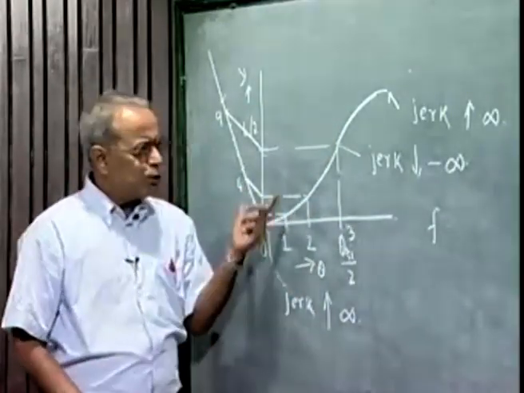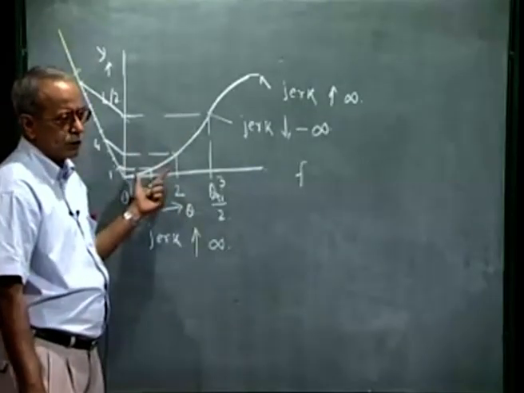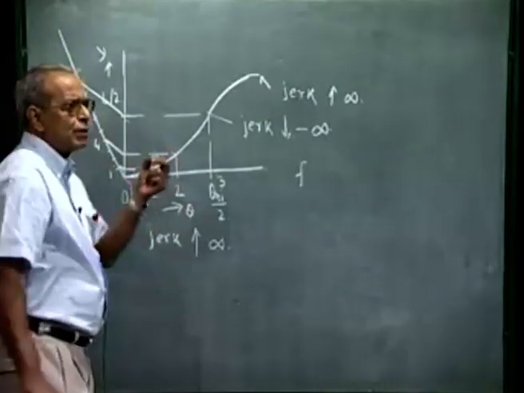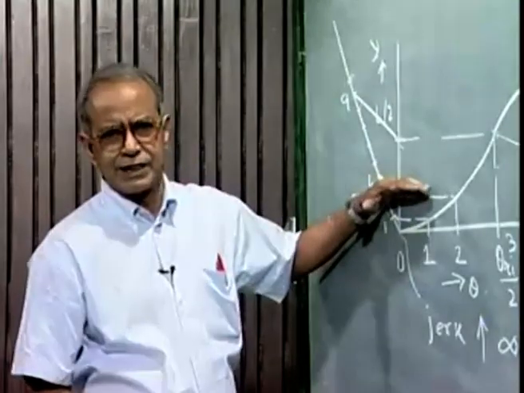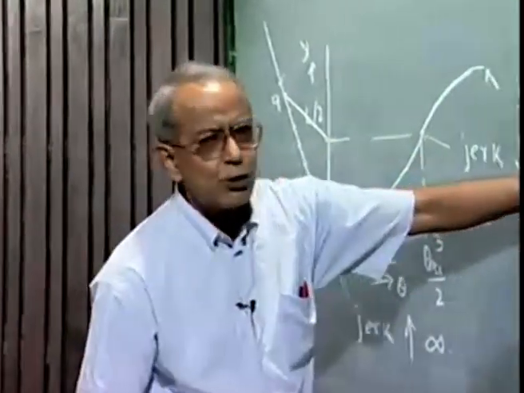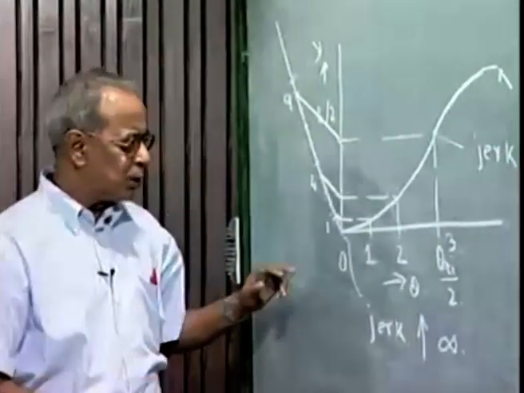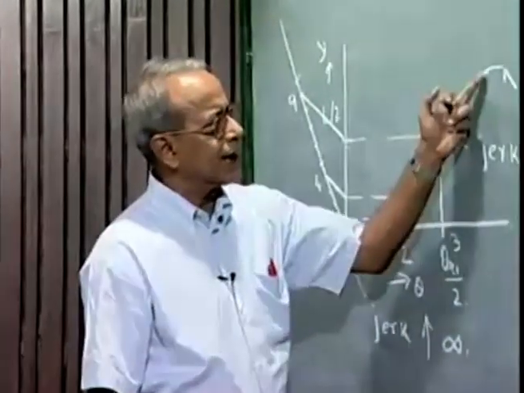Now sometimes we also use modified parabolic motion. That means, for example, in the case of automobile valve, the valve has to open very fast. Similarly, the valve has to close very fast at the end of the return. During these two portions, I will use a larger value of acceleration and then follow with constant acceleration the rest